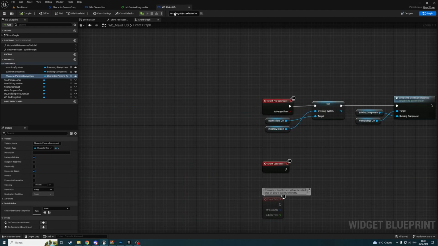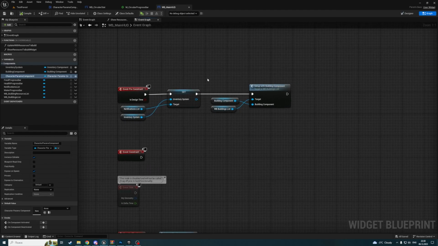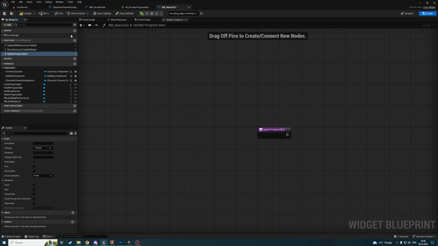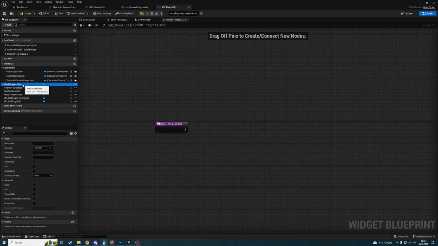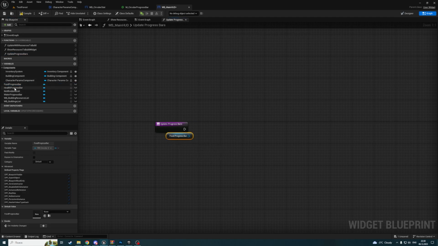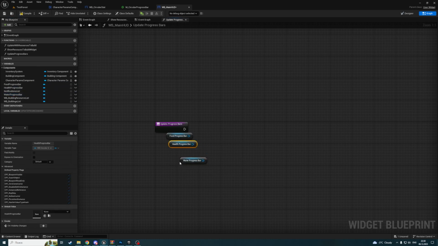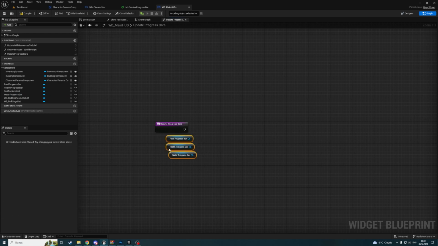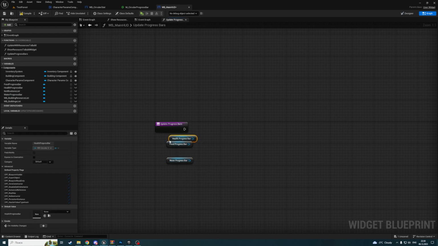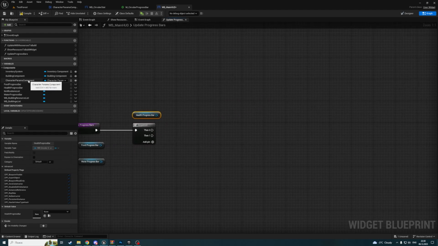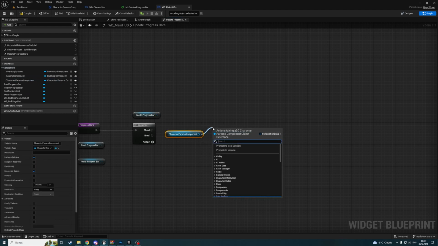Now back to main HUD widget. I will create a new function called update progress bars. And what I'm gonna do is I'm gonna get food progress bar, health progress bar, water progress bar. And for each of them, I will create a sequence. I will get health progress bar, get character params component, and get,